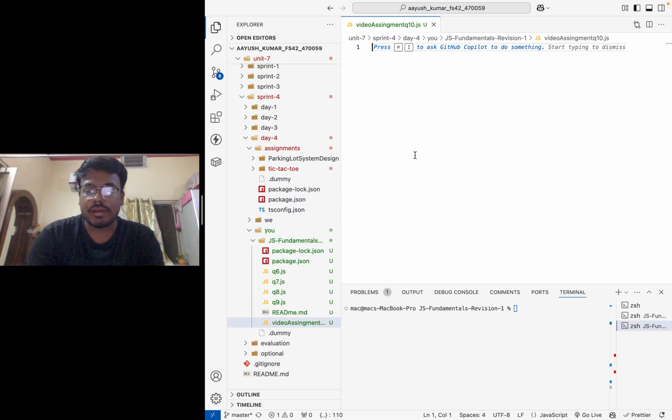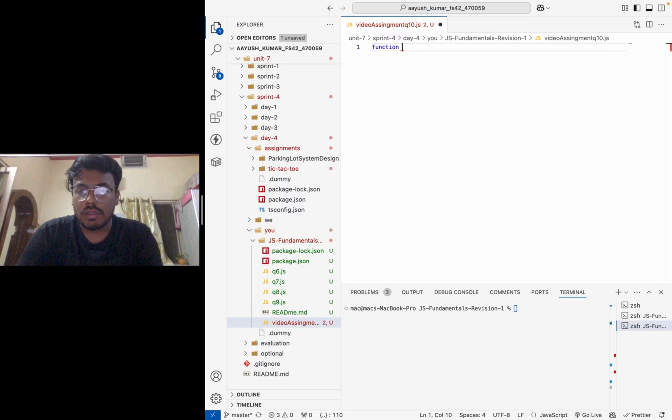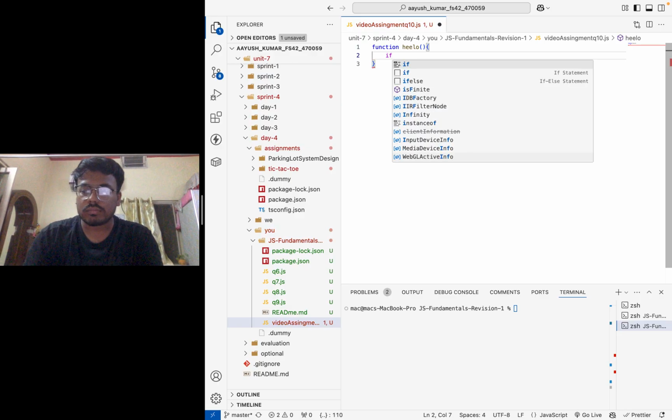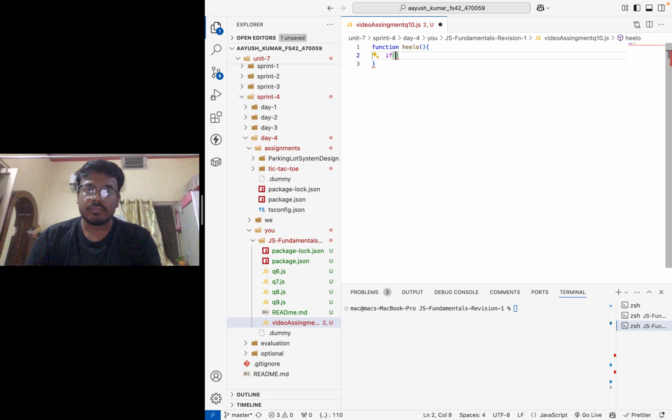Suppose I create one function, hello, and inside it I write one block scope.